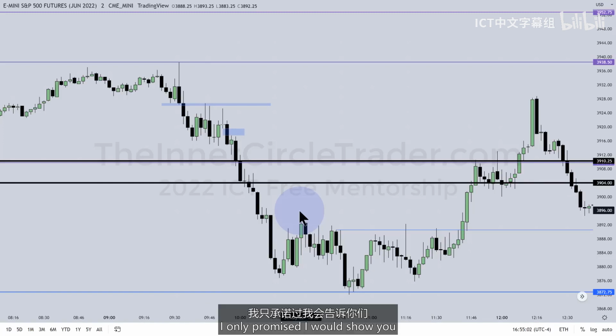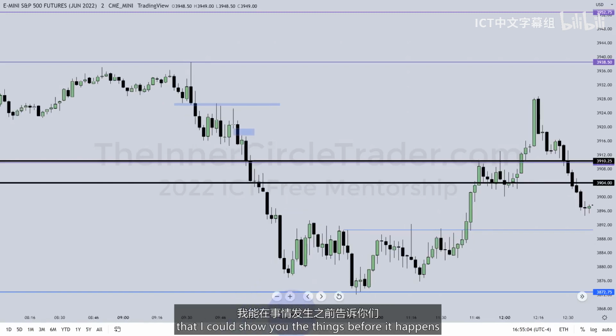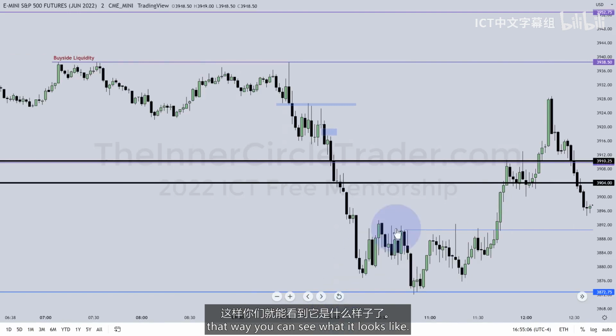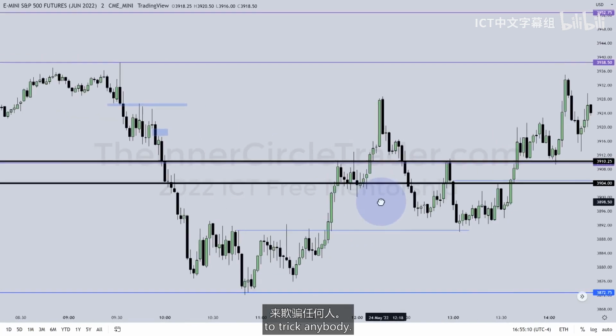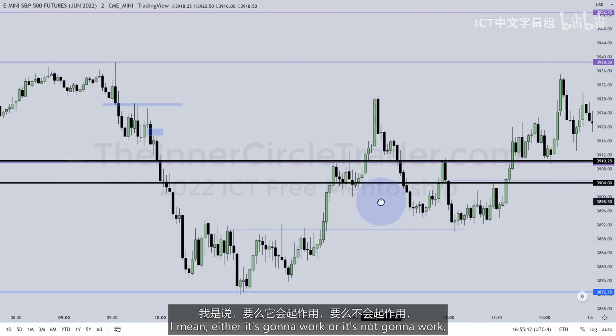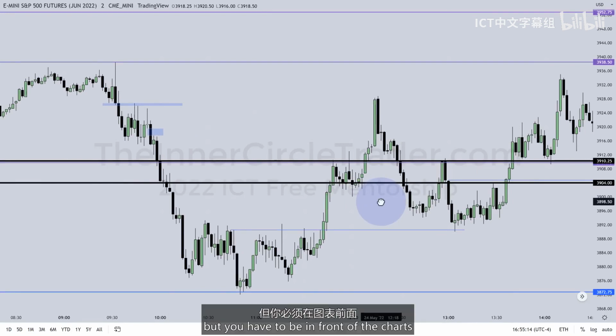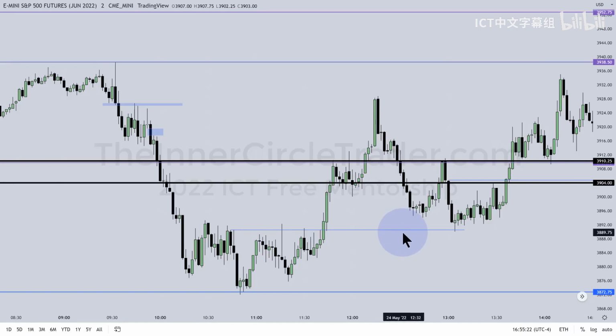Okay. I only promised I would show you that I could show you the things before it happens. That way you can see what it looks like. And there's nothing that's required to trick anybody. I mean, either it's going to work or it's not going to work. But you have to be in front of the charts doing these types of things. And failing is part of that. That's how you learn. These are opportunities to grow from that. So anyway, I